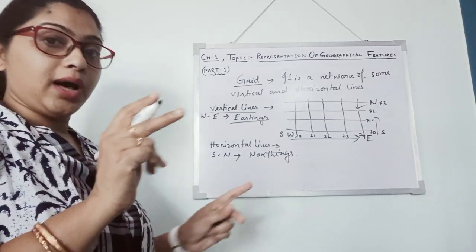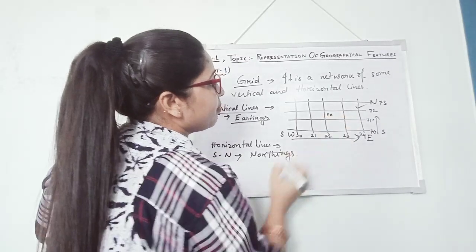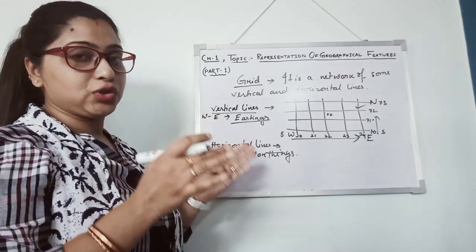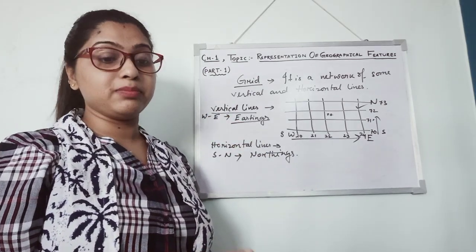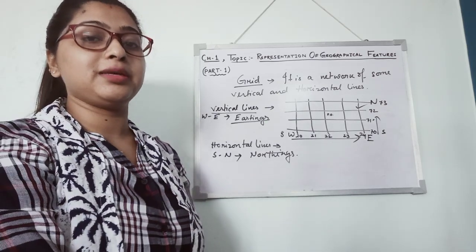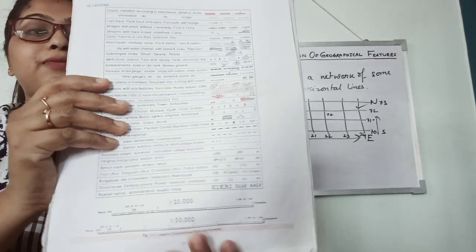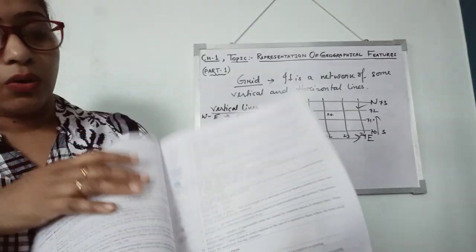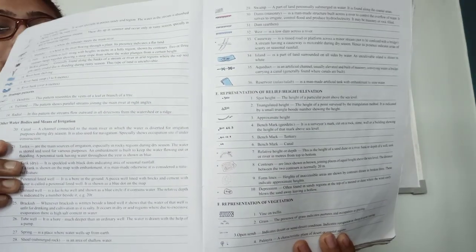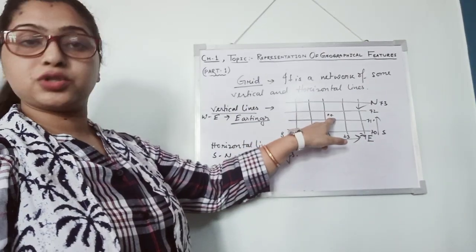Clear, student? Now here we have to know how to locate. Like here PO means post office. In the topographical map, different symbols are taken that are known as conventional symbols. Here I am showing some conventional symbols. Are you able to see? Different conventional symbols are given here which are accepted universally. So here PO means post office.